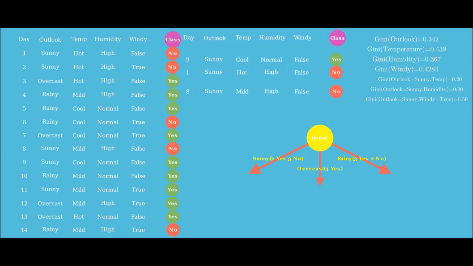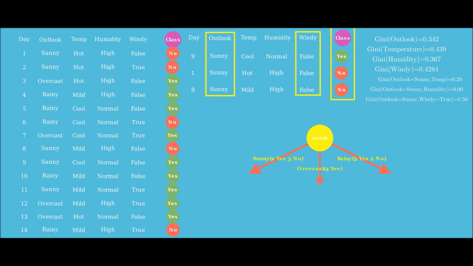So the Gini index would be calculated as 1 minus (1 upon 3) whole square minus (2 upon 3) whole square, and after calculation I will take the weighted average of the Gini index of windy true and windy false,